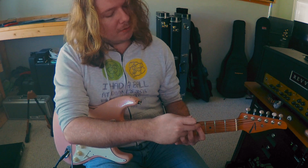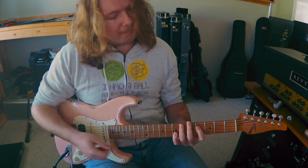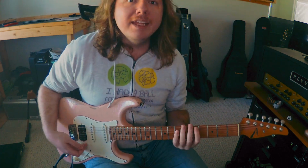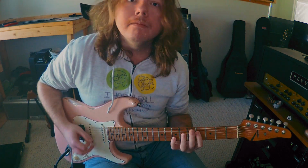I have the tip of my finger there on the A string, and because all those notes are on the higher strings, my pick doesn't have to contact the low E. And then playing in tune, you go right from...